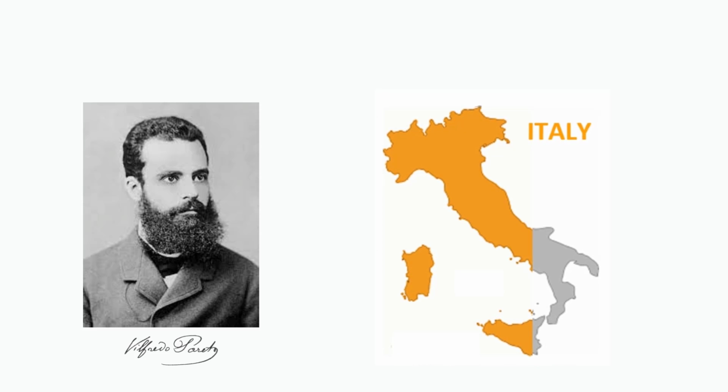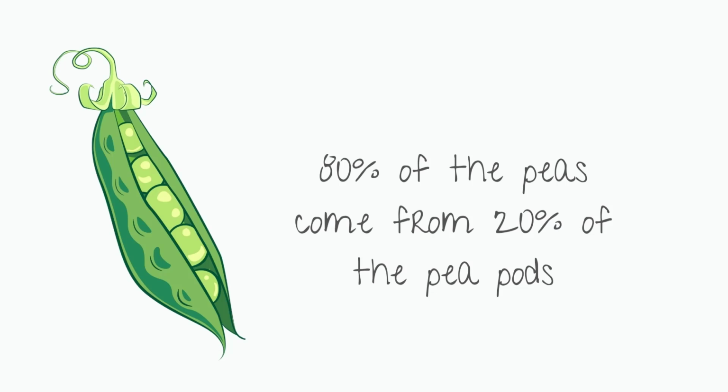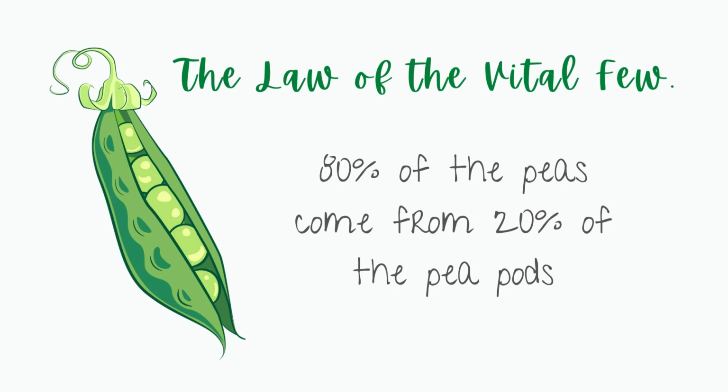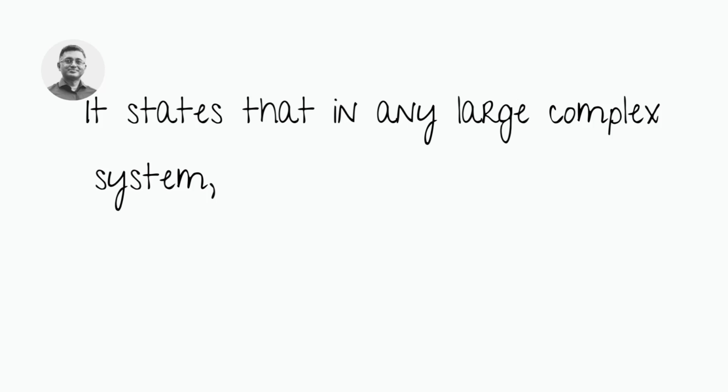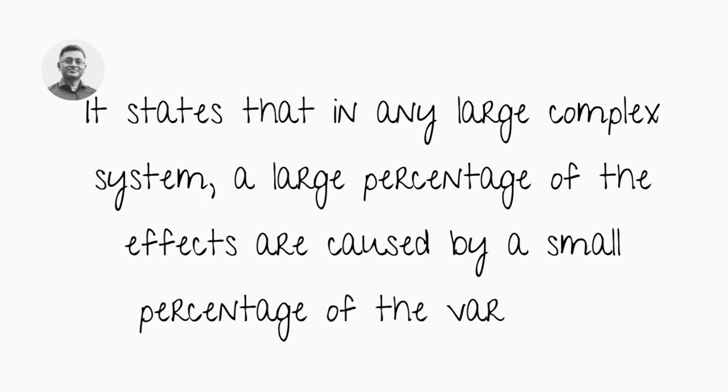He repeated the experiment and even discovered that 80% of the pears from his garden came from 20% of the pea pods. This phenomenon is commonly called the 80-20 rule, but is also known as the Pareto principle and the law of the vital few. It states that in any large complex system, a large percentage of the effects are caused by a small percentage